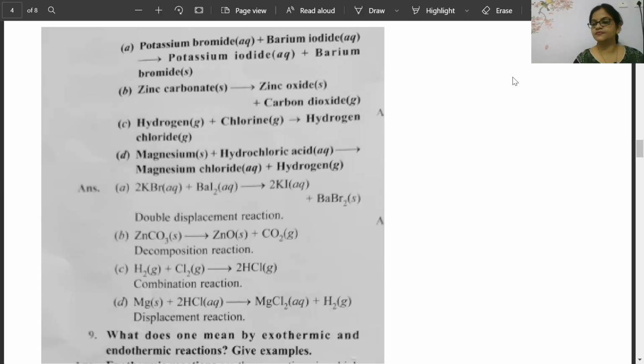Correct, Kritika? Kritika is telling, reaction in which heat energy is released is called exothermic reaction. Correct. Beta, can you give one example? I think if you give one example, it will be much better. Here, Bhumi has given: those reactions in which heat is evolved are called exothermic reactions. Carbon plus oxygen gives carbon dioxide, heat released. After that, second one she wrote: those reactions in which heat is absorbed are called endothermic reactions.